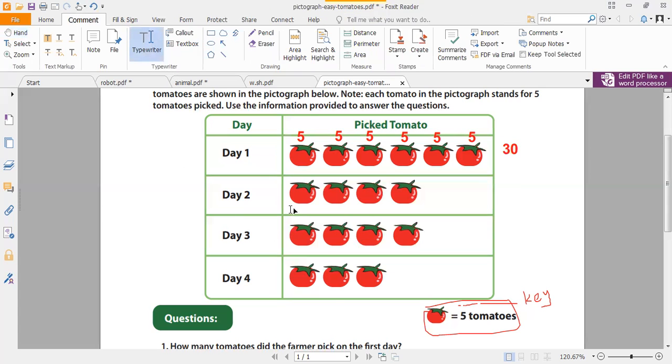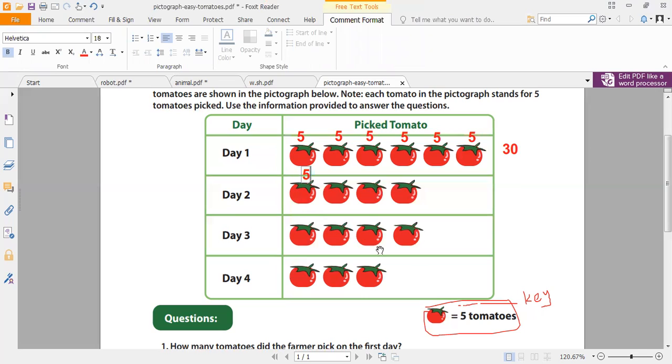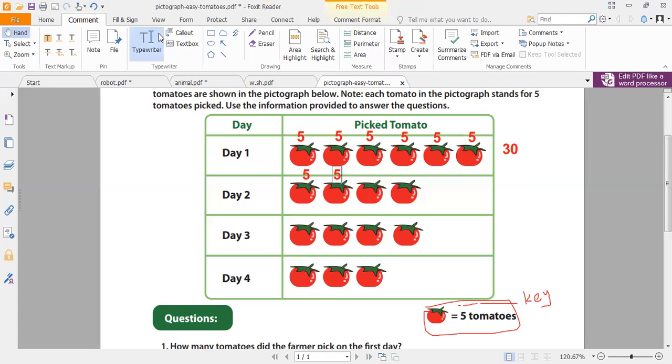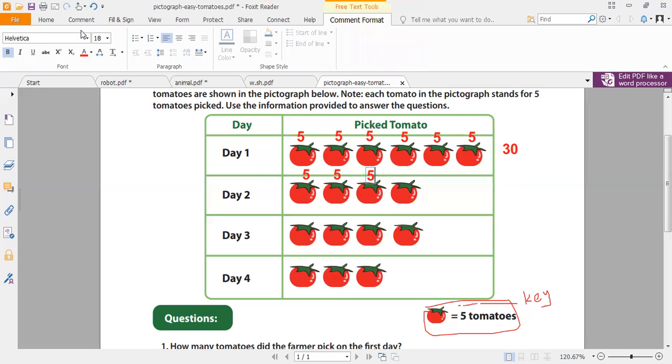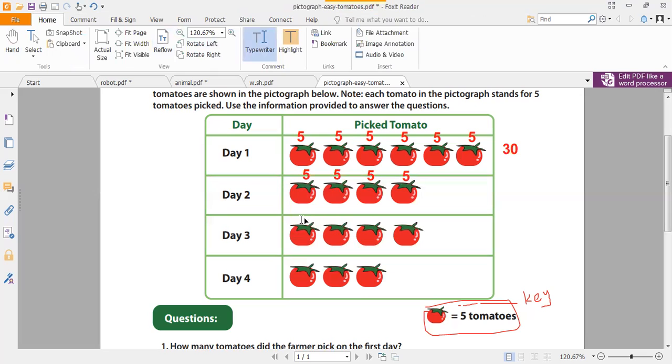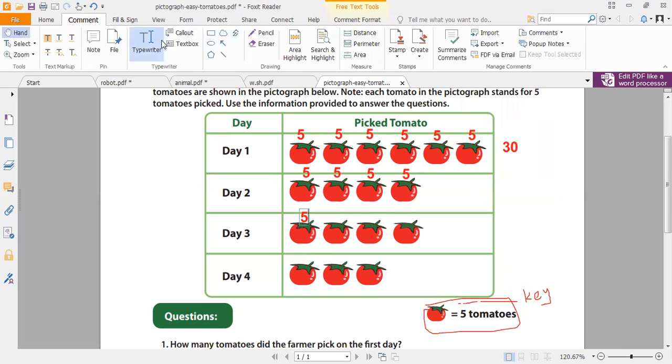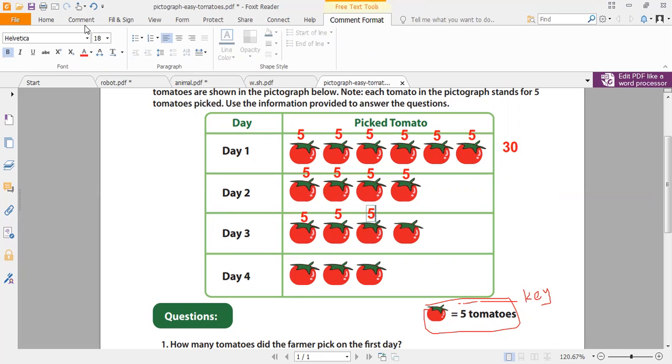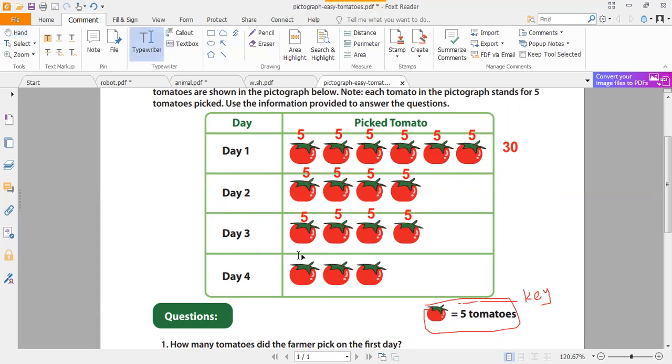Okay, in day 2. Don't say he picked 4 tomatoes. No. Look at each picture from the key. Each picture in this pictograph means 5 tomatoes. That means here we have 5 and 5 and 5 and 5. Okay, in day 3, finally in day 4,